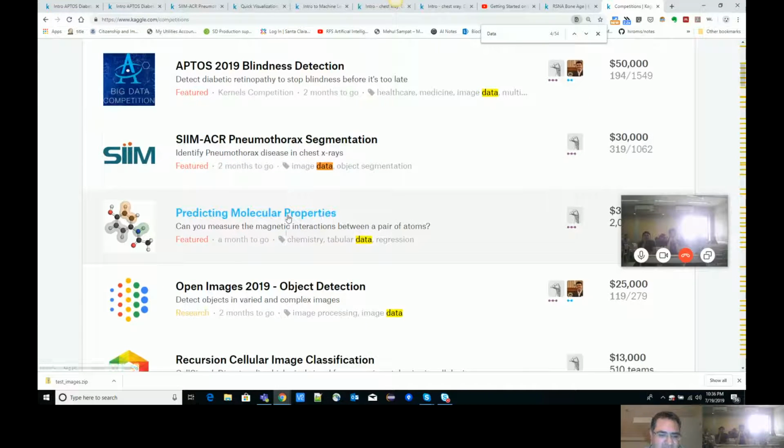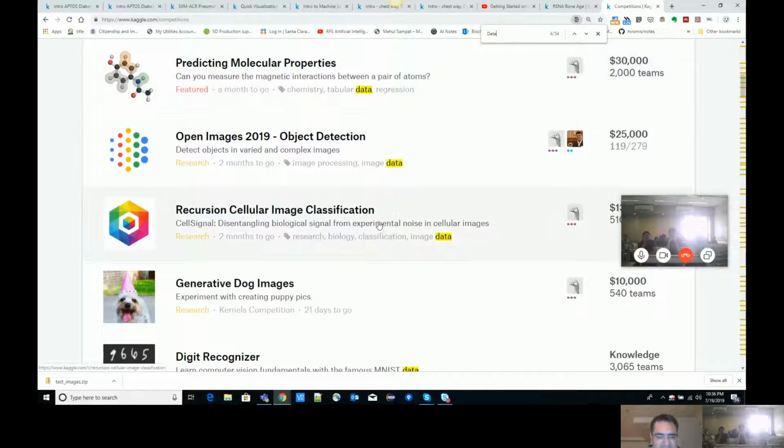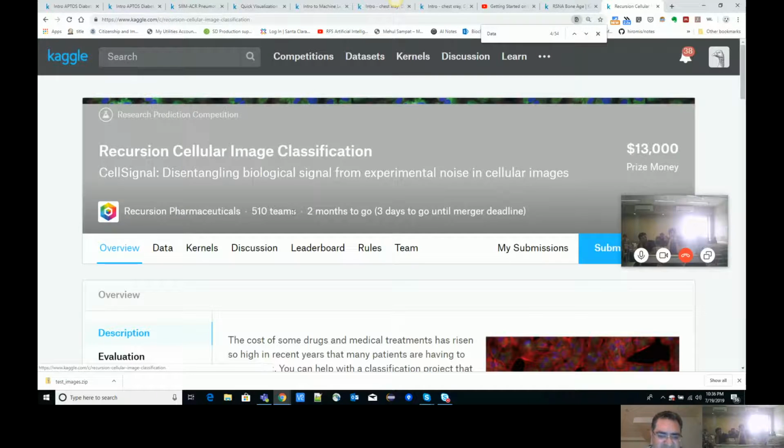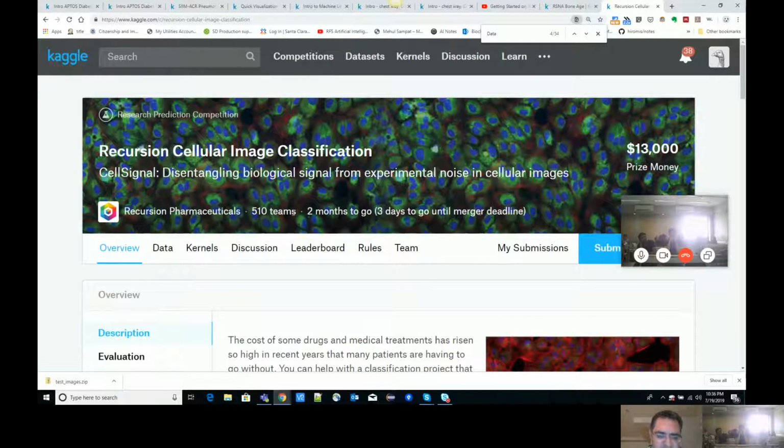There's another one for molecular properties about magnetic interactions. And this is the third biomedical competition. Like in the first case, we had X-ray eyes, and in this case, you have microscope. Okay. Oh, and one other really great thing is, even once the competition is over, the data is still available,